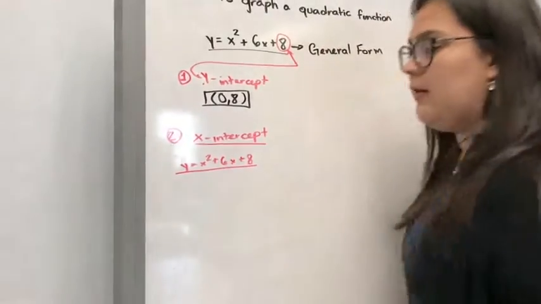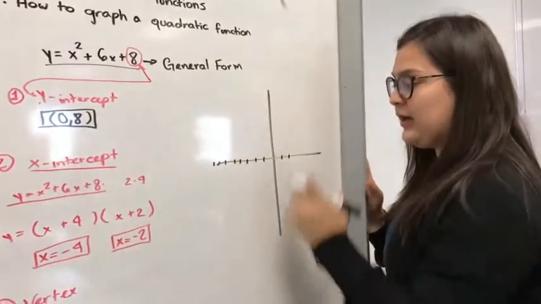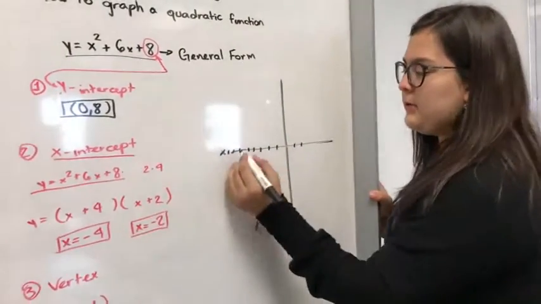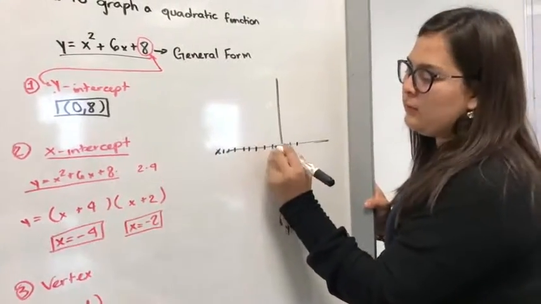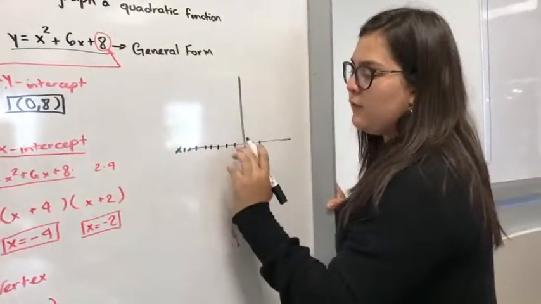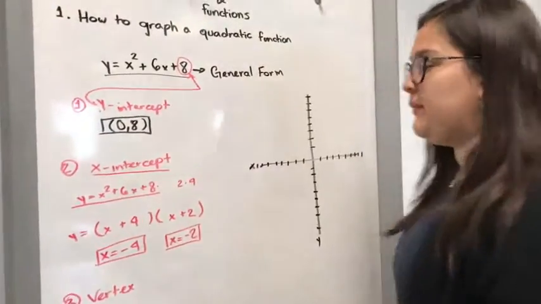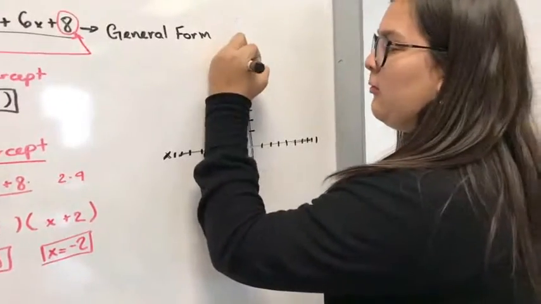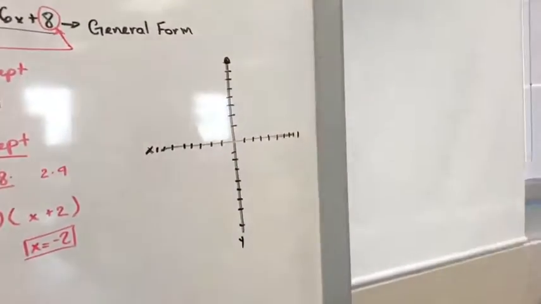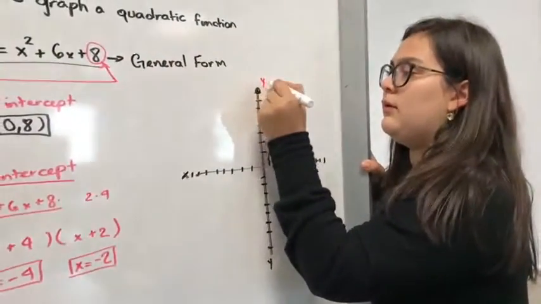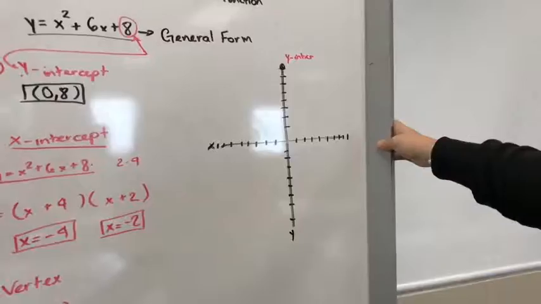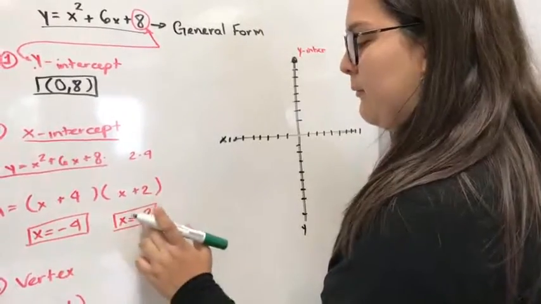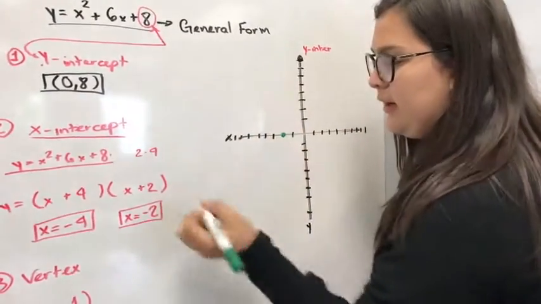and then factor. First I draw my lines. This is x and this is y. Then I'm going to make little lines to write down the numbers from 1 to 8. To find the y-intercept, you look at your y and count until 8. So it's right here. This is my y-intercept. Then I'm going to graph my other 2 points, that is the x-intercepts, -4 and -2. So -2 right here and -4